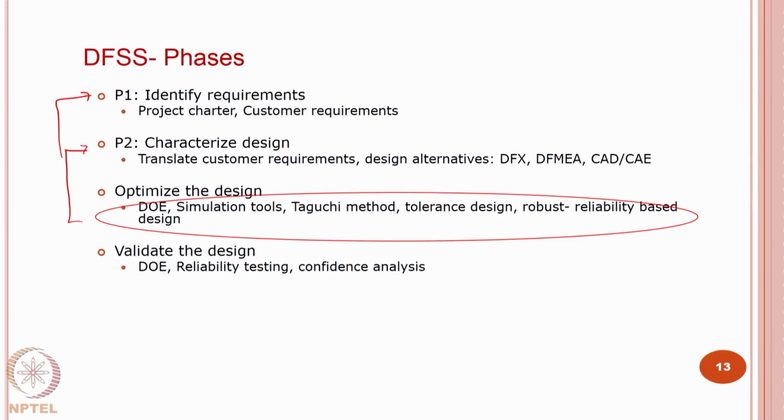There, physical reliability testing also happens, just like your car crash, physically they will test. For that also you need to do design of experiments, and of course you need to do confidence analysis. This is the number that I say, what is the confidence that you have in that number. Number means the number on the performance. You say it will give 50 kilometers per liter. Usually the engineers are supposed to answer what their confidence is that under such extreme conditions also this will give 50 kilometers per liter.